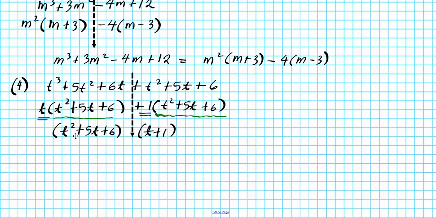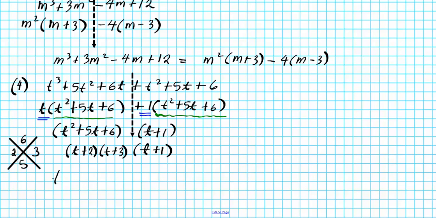So we factored by grouping, but we have a quadratic trinomial here that might be factorable. So we're just going to make use of our x game, the shortcut. Since a is 1, we can factor this at the speed of light. So we have ac is 6, b is 5. What two numbers multiply to give you 6 and add to give you 5? 2 times 3 is 6, 2 plus 3 is 5. So this can be factored further into t plus 2 times t plus 3 times t plus 1. Okay, so that's the factored state